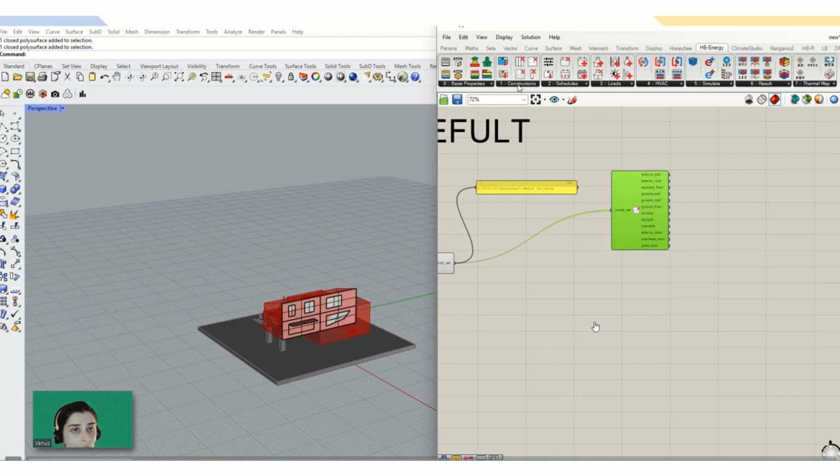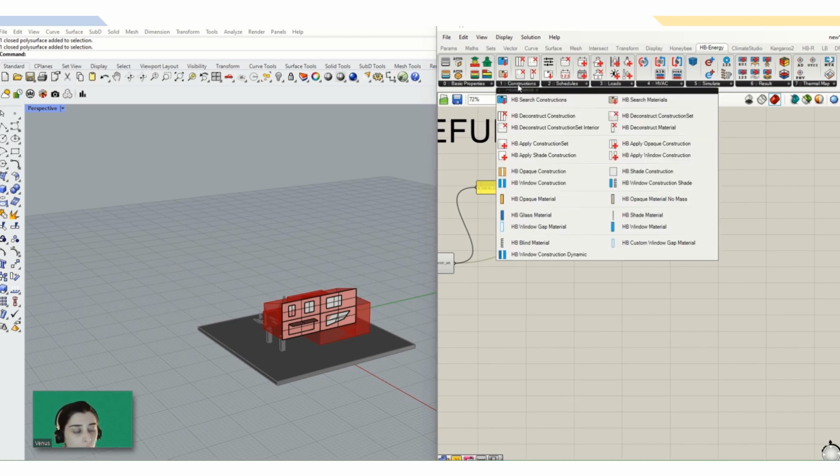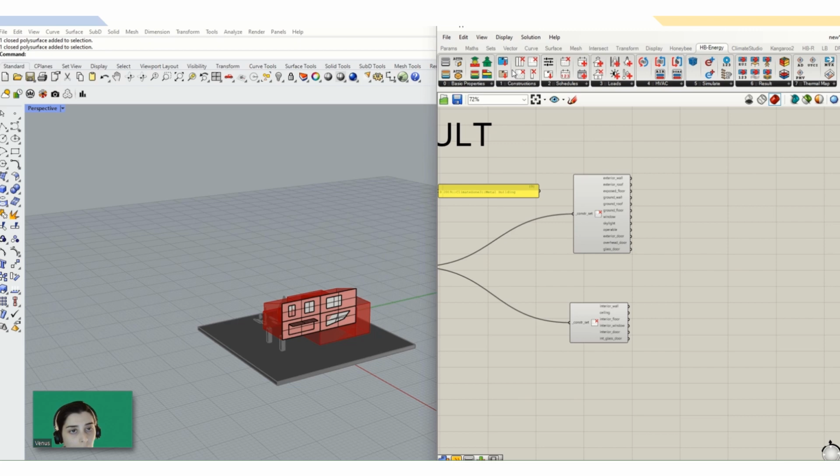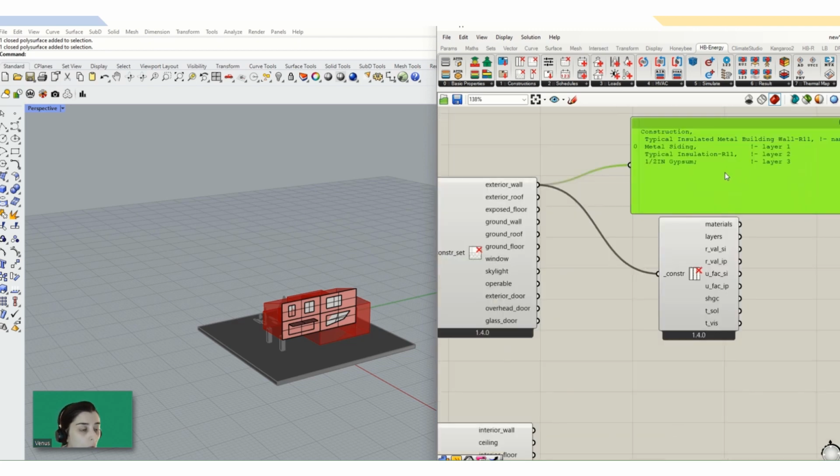If you want to know about the interior wall and other things, you need to choose the components that are used for interior. You can find all of these components in the HP Energy tab, on the number one tab. If you want to know more about each part, for example, for exterior wall, what's the layer, what is the material, what is the R value, what is the U factor, what is